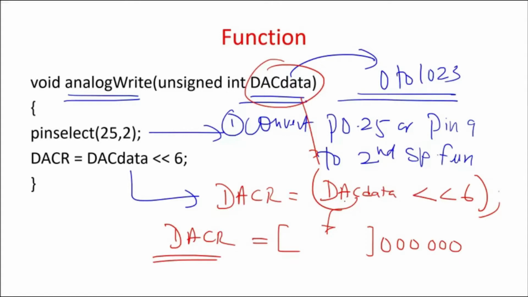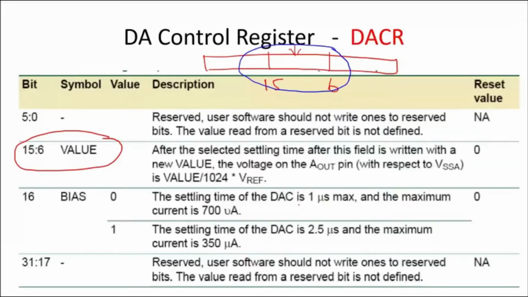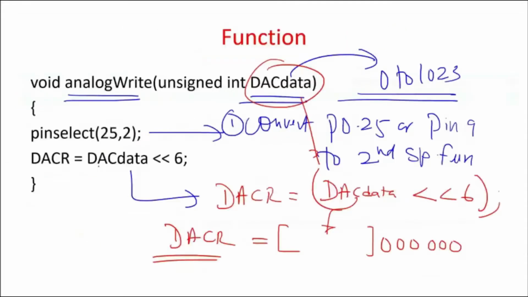I am not interested in performing any OR operation because I am not going to use any of the bits other than these bits. The rest of the 5 bits and the topmost bits are not used by us. So these are the only 10 bits that we are going to use in this case. So let us not worry about the rest of the bits. Simply I assign that instead of using an OR operation. Okay, so these are the only 2 statements that I would be using.